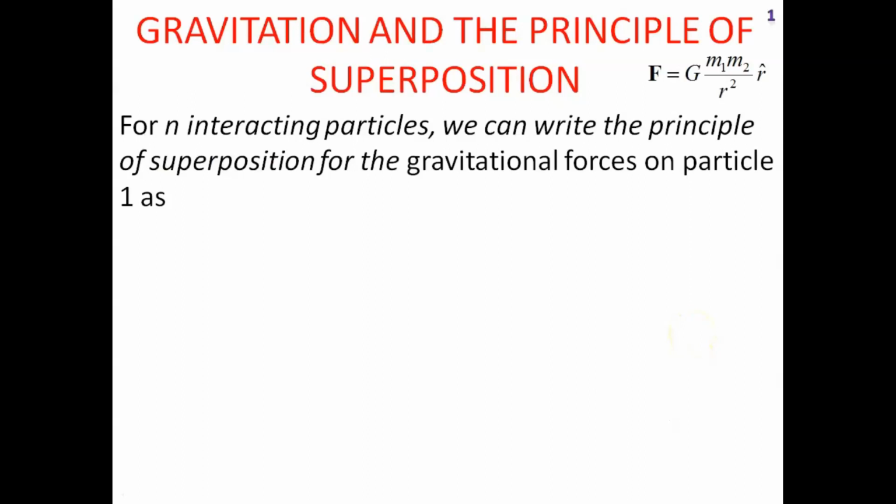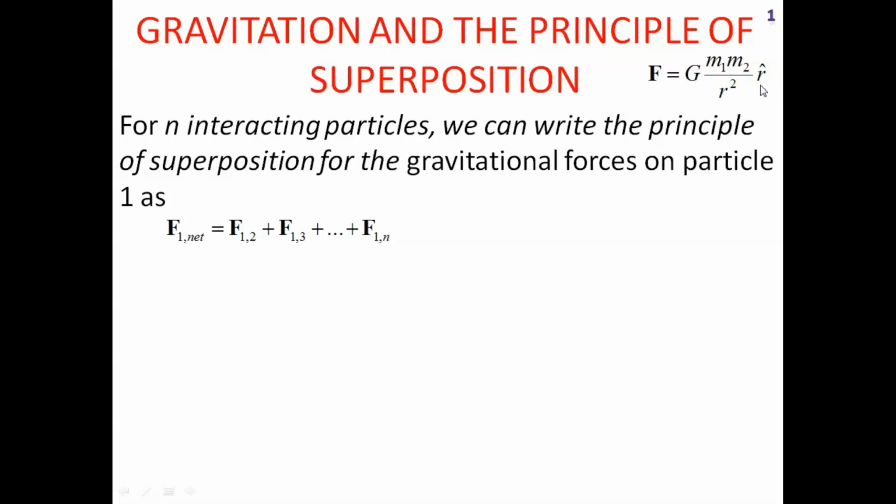Gravitation and the principle of superposition. Meanwhile, I have given a passing reference to the superposition principle, but now we are going to get into it, which is very obvious. Let us suppose that we have two objects bearing gravitational pull, and F bar equal to G times m1 m2 upon r square times r cap represents the vector force pertaining to that.